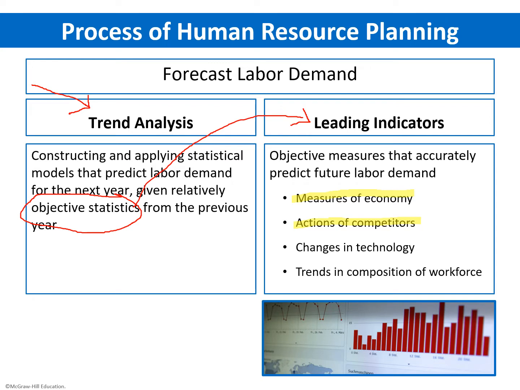And when you lose those sales, you're not going to have the same labor demands that you had previously. Okay, we'll look at changes in technology, and there's a variety of different changes in technology that we see in the workplace. So we've seen things like self-checkout kiosks that have reduced demand for cashiers. We've seen different ways that freight teams are using technology in receiving that has reduced the need for people on freight teams. We've seen different ways that warehouses are running with automation that changes what we need in warehouses. So all these changes in technology are going to impact our labor demands.